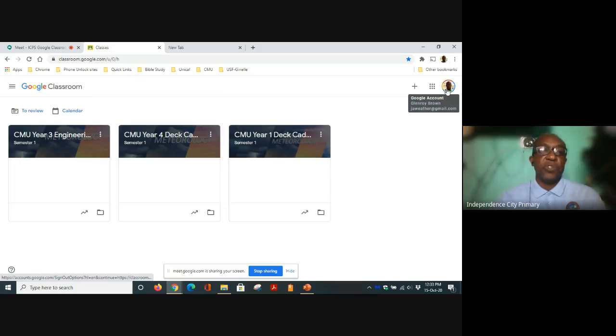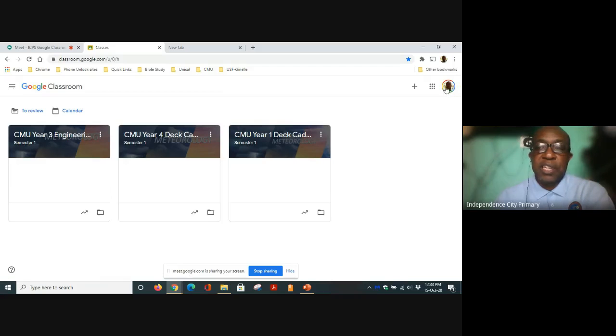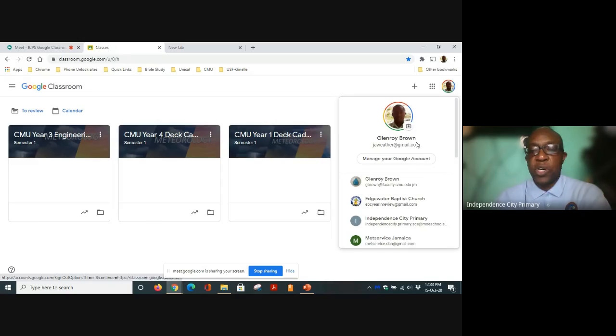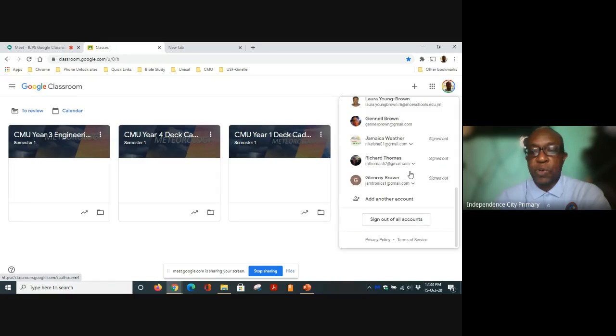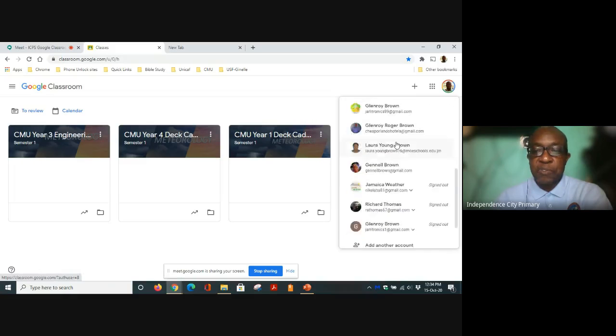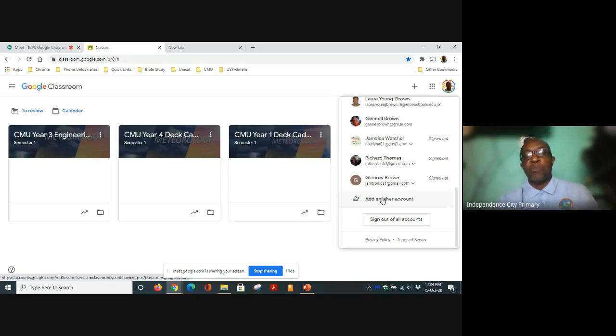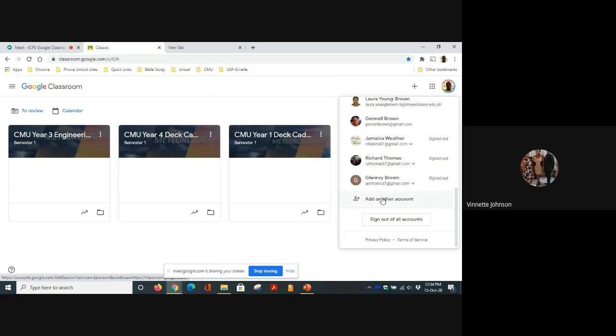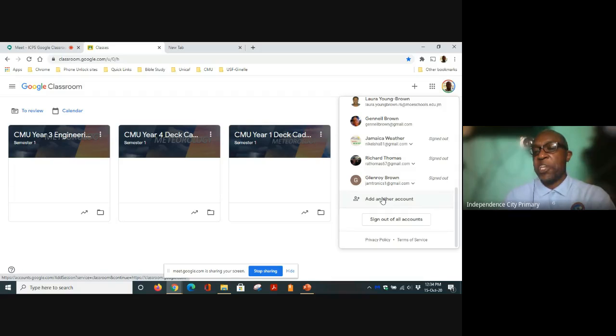So the first thing you need to do in this presentation is to click on the assigned Google account on the top right-hand side, if you can see that. It will give you a drop-down box with all of the options below. Scroll to the bottom, depending on how many Google accounts you have, where it says add another account. This is where you would enter the information that you got from the Ministry of Education. So if we click on add another account,